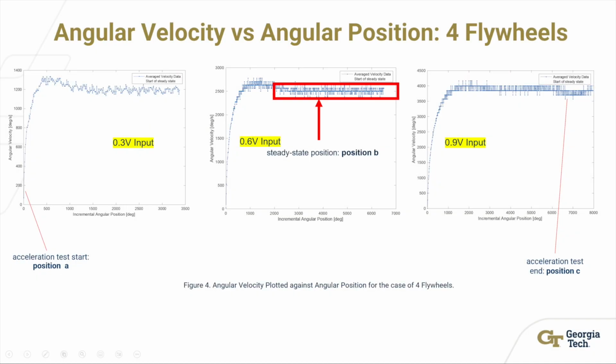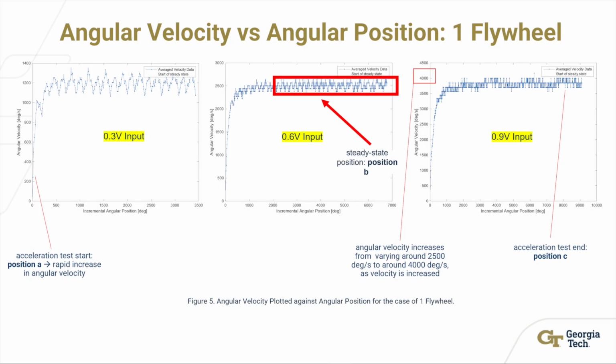These plots show averaged angular velocity data versus angular position for steady-state angular velocities at low, medium, and high speeds, and with 4 flywheels attached to the engine. These graphs correspond to input voltages of 0.3, 0.6, and 0.9 volts from left to right. As shown, between the test start and the steady-state position, there is a rapid increase in angular velocity. For example, the medium speed test reached a steady-state angular velocity of approximately 2,500 degrees per second between points B